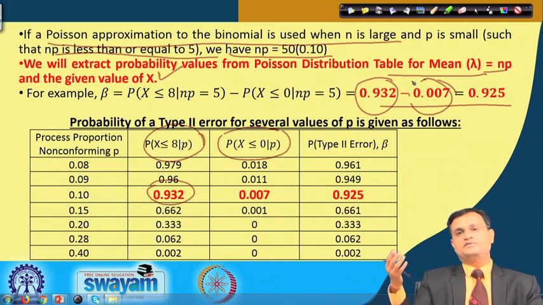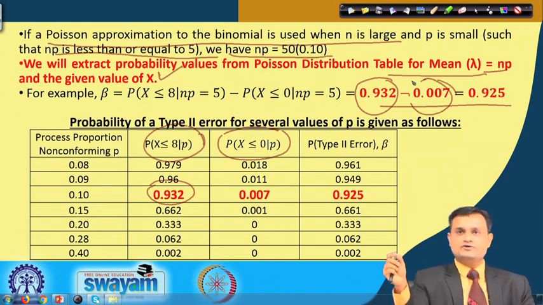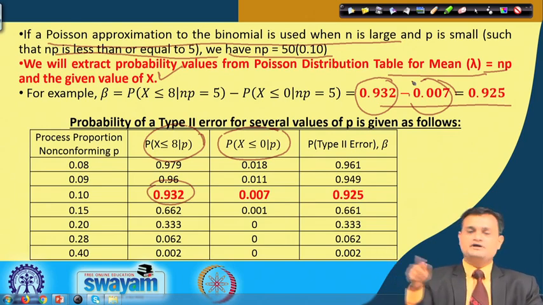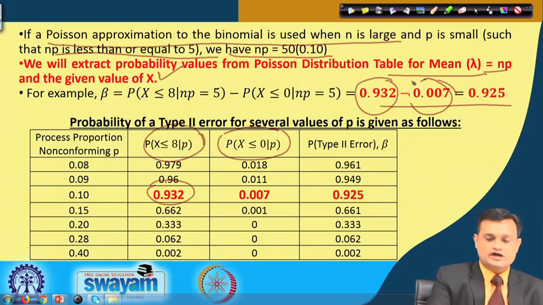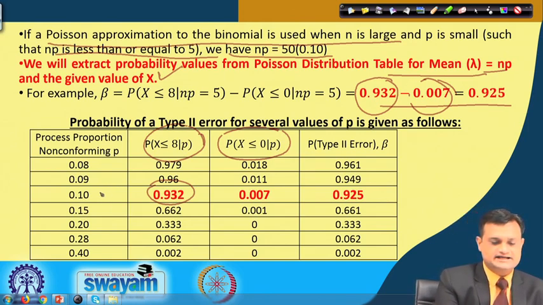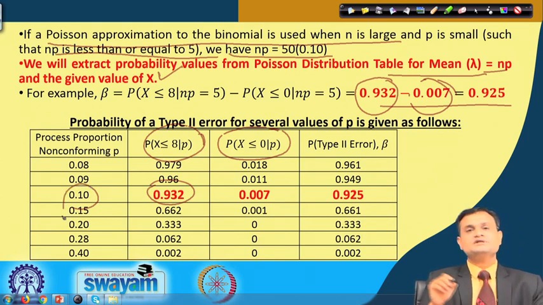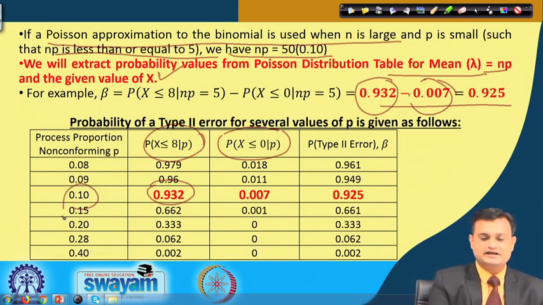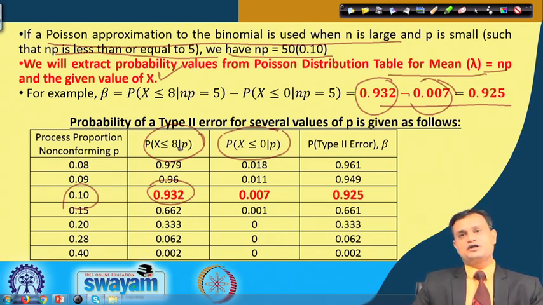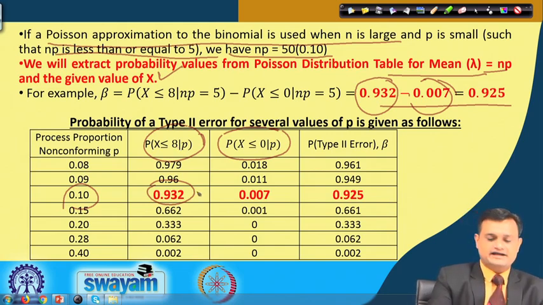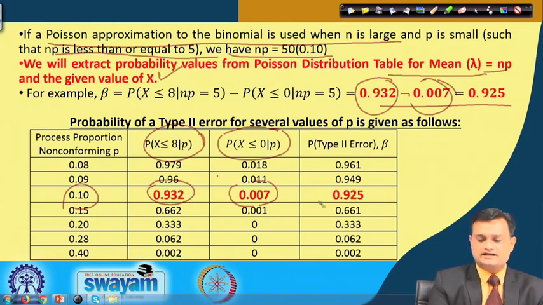Once you have the mean value lambda equal to np, you refer to the column and the row with the x value and you will get the probability value. I have just shown the example for one case, that is 0.1 process proportion non-conforming and condition x less than or equal to 8, where 0.932 and 0.007 you can compute. So, your type 2 error is nothing but the subtraction of these two